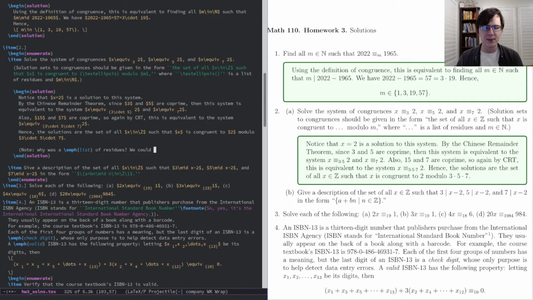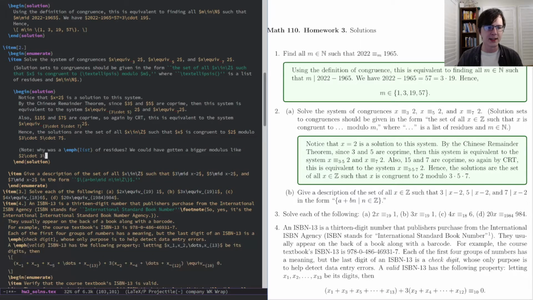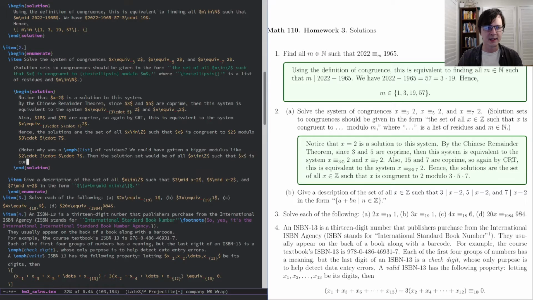What could have happened is we could have gotten a bigger modulus, like say 2 times 3 times 5 times 7. Then the solution set would be of all x in Z such that x is congruent to 2 or